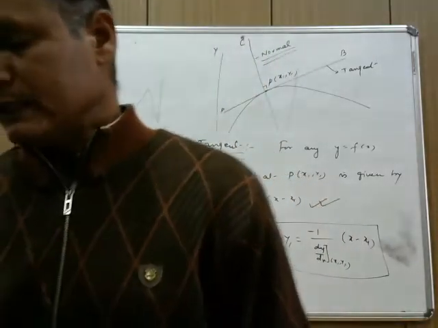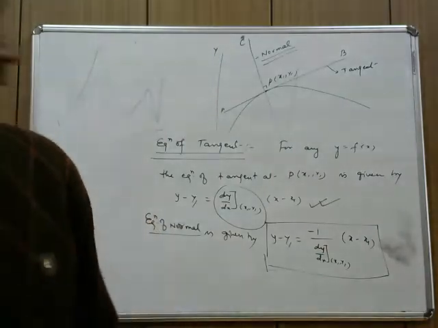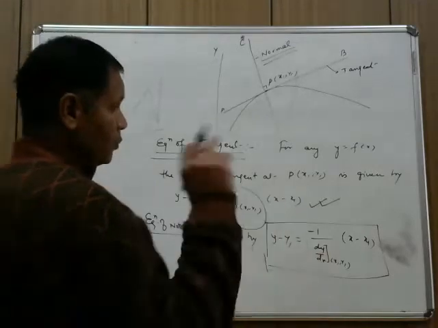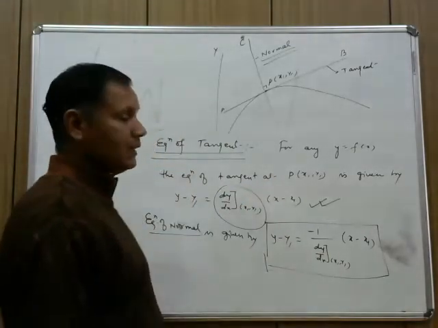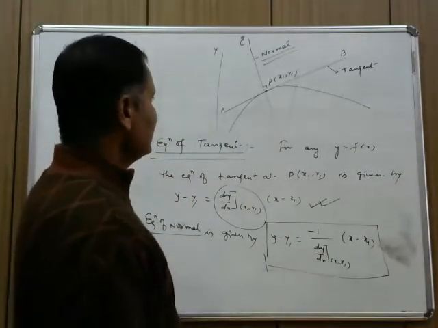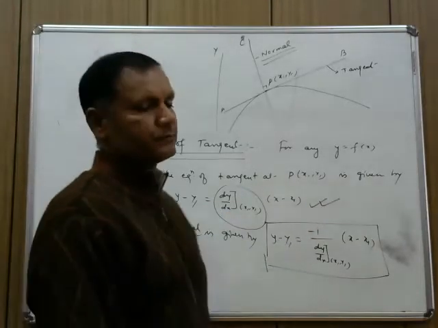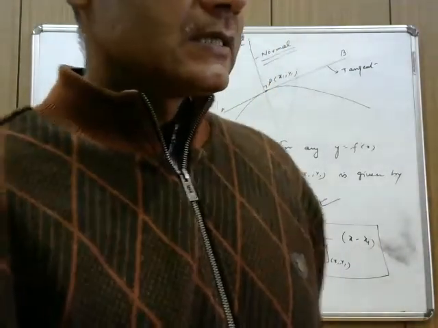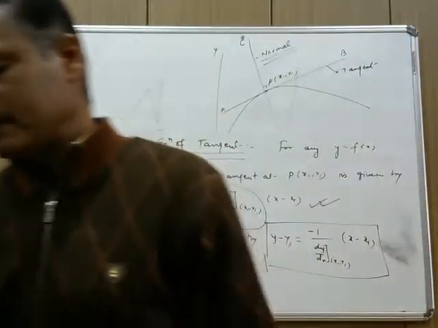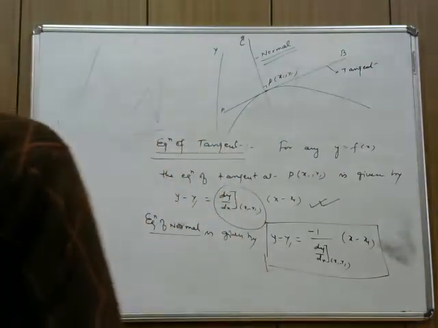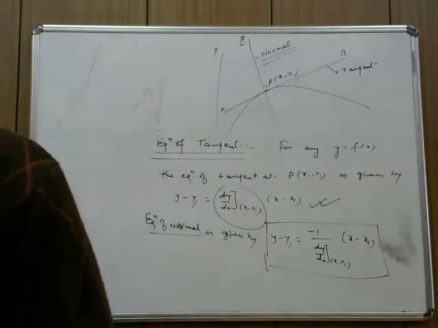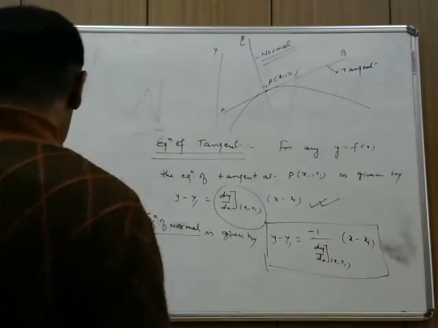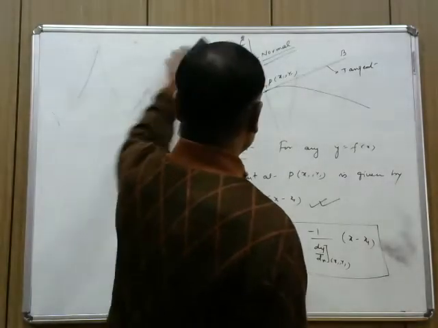Right? Now see, very important and easy questions are there, but now one more thing. Equation of tangent is fine, but sometimes the tangent is parallel to x-axis. If the tangent is parallel to x-axis, then what will happen? Sometimes it is given to find the equation of the tangent when the tangent is parallel to x-axis. That is called a particular case. In that case, we will note that down also.